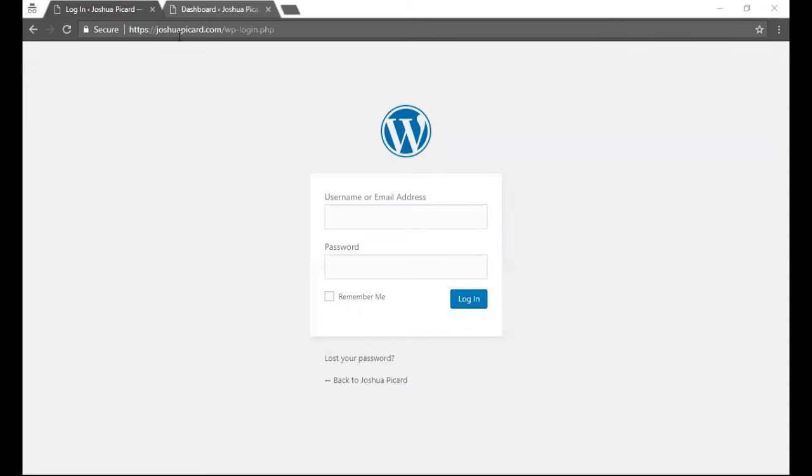go to nameofyourwebsite.com/wp-login.php. So in this case, I'm working on a client website called joshuapicard.com. So we're logging in at joshuapicard.com/wp-login.php. And during the process of installing WordPress onto your domain, you would have already set up